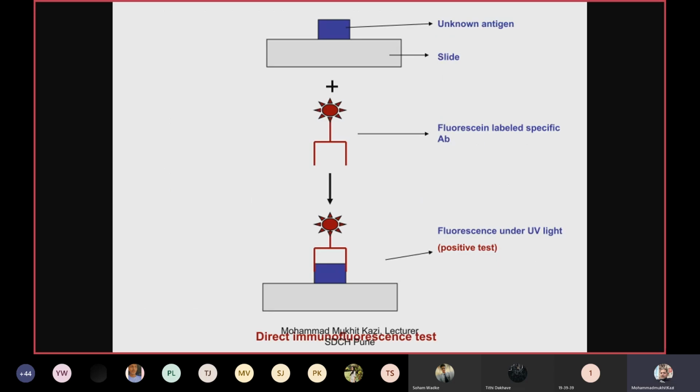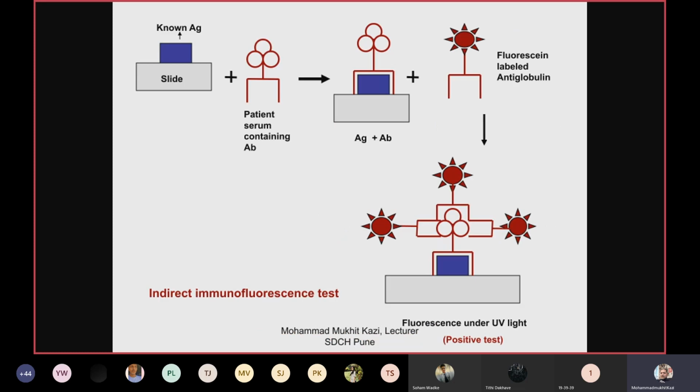Now, this is the direct immunofluorescence test. This is very important. These are the tests which we use in the field to detect large scale tuberculosis cases. What we do, we take a slide and coat it with the antigen, and this antigen is reacted with the coated antibody. What is the coated antibody? It is labeled with fluorescent specific antibodies. If there is specificity between that antibody, labeled with the fluorescent dye, and the antigen, there will be fluorescence. It means it is the direct fluorescence test. You are detecting the direct amount of fluorescence, which indicates the antigen is present.